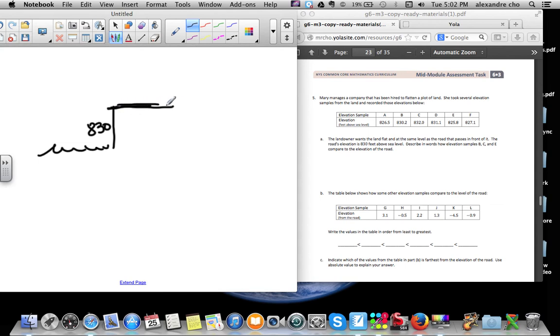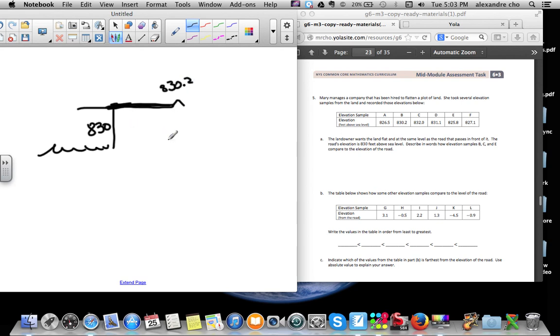Okay, so here's a road, and then there's B. It's a little bit above 830. That is at 830.2 feet. So if you're creating a road and you have to pass through this little land here, you would have to flatten how much to make it 830? The landowner wants the maximum height to be 830. So there's a little bump that he would have to flatten, and to flatten he would have to flatten